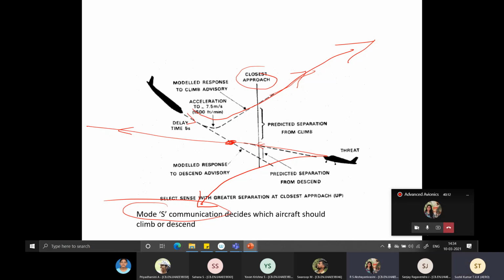Now in this scenario, the climb or descent is an indication to the pilot. Now the pilot has to take a call. The one which has to climb will have no issues. He'll definitely climb. It's not automated. The final decision is with the pilot. The one who is near the ground definitely knows that there is some problem going on, so at least he'll try to come to the minimum level possible.